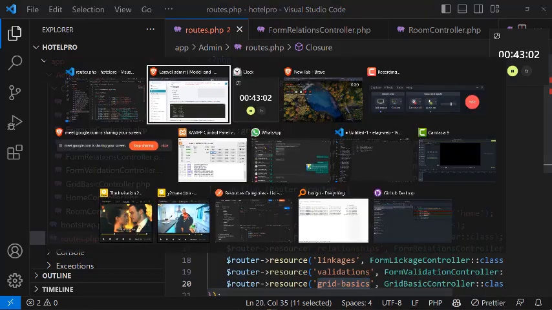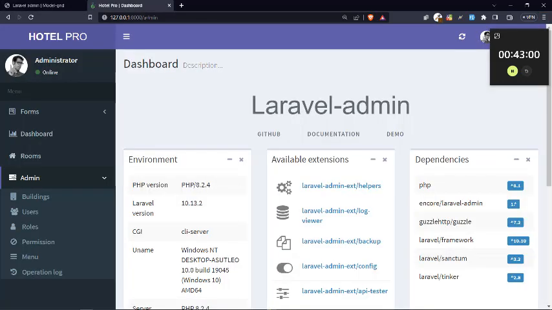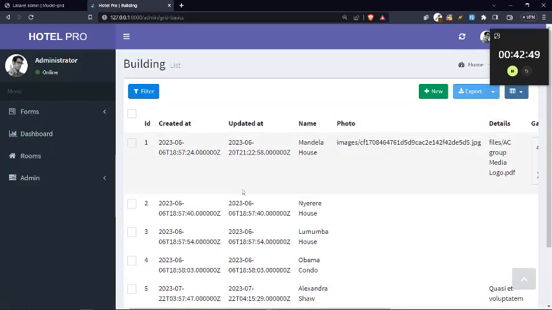So let's go ahead and see if we can access it. I'll just simply come here, slash admin, slash grid-basics. Of course, obviously, we'll be able to access it. And there it is. Okay, that's our controller. So the other thing I'm going to do